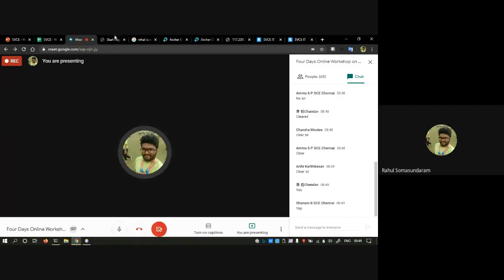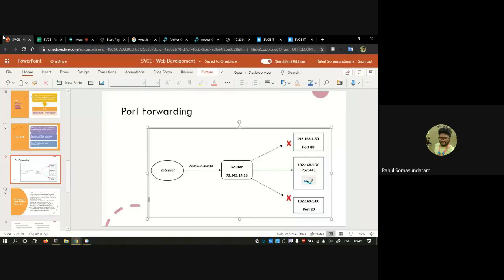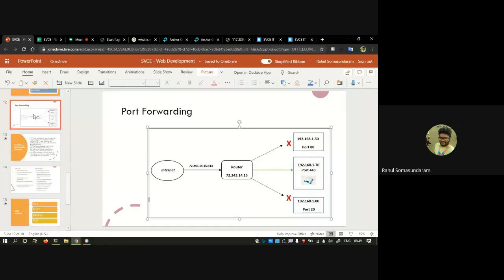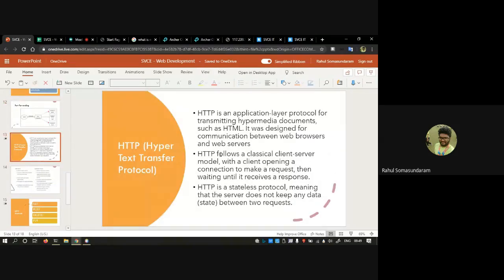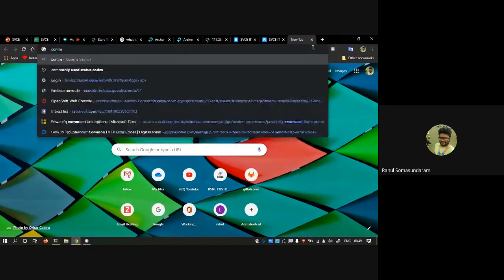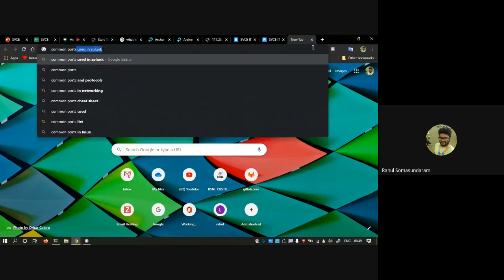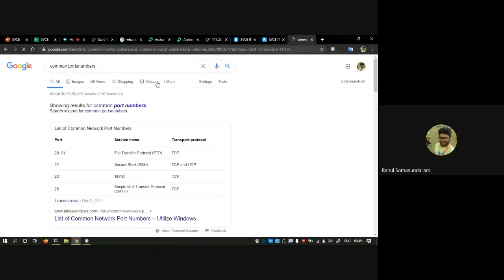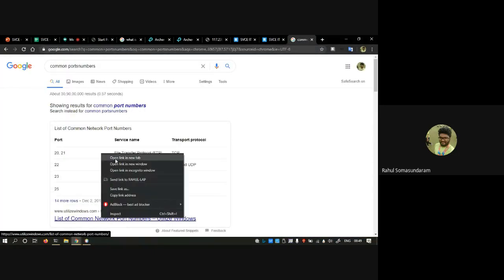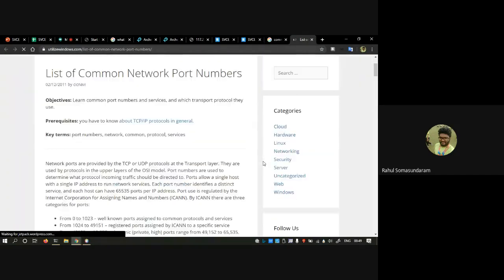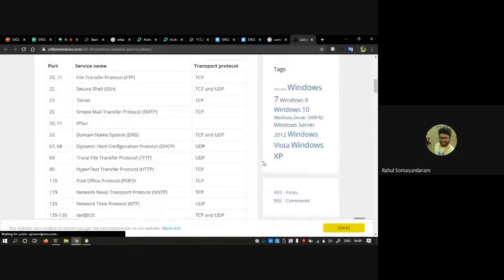Yeah, thank you. Okay. Next, moving on to the next thing, we are going for HTTP. Before going into HTTP, actually, this is a list of common port numbers which we are using.